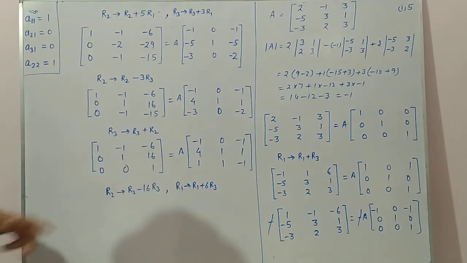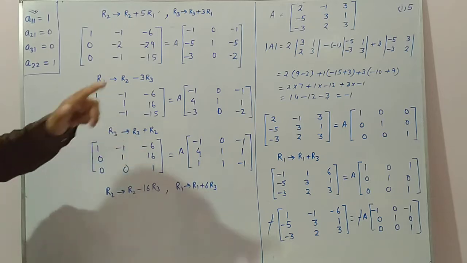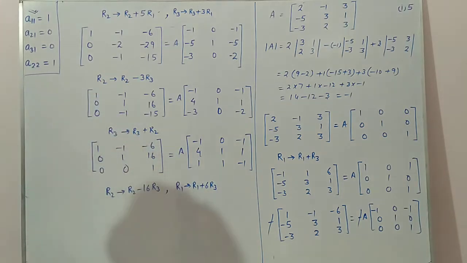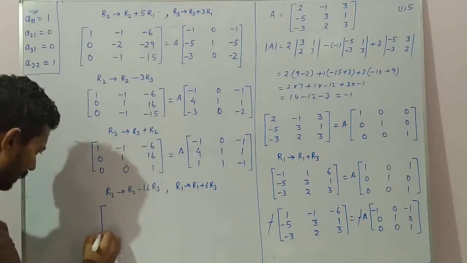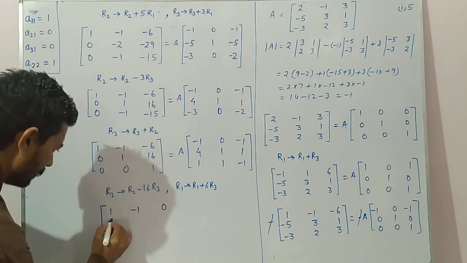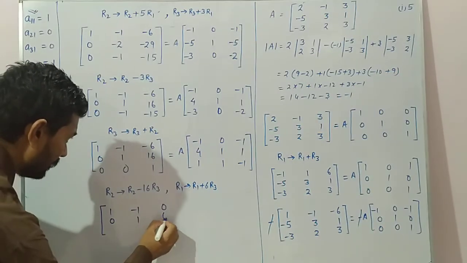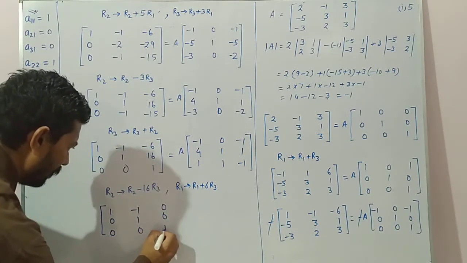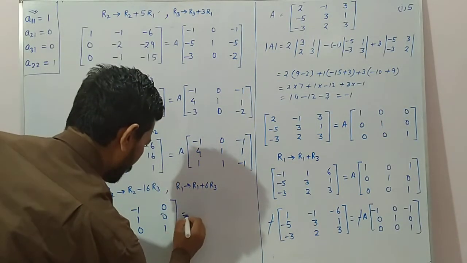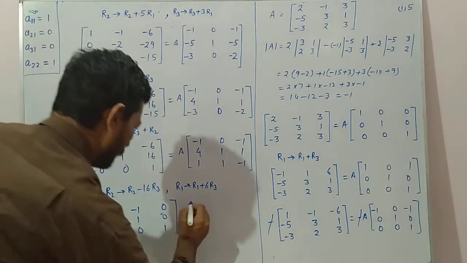See here it is 16. So multiply 16 here and minus it. This one is minus 6, multiply 6 here and then add it here. Okay. So you are getting here 1, minus 1, 0, 0, 1, 0, 0, 0, 1. Okay. And this side